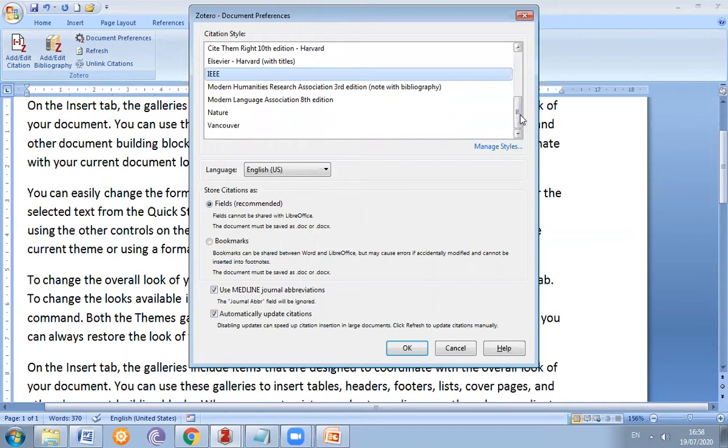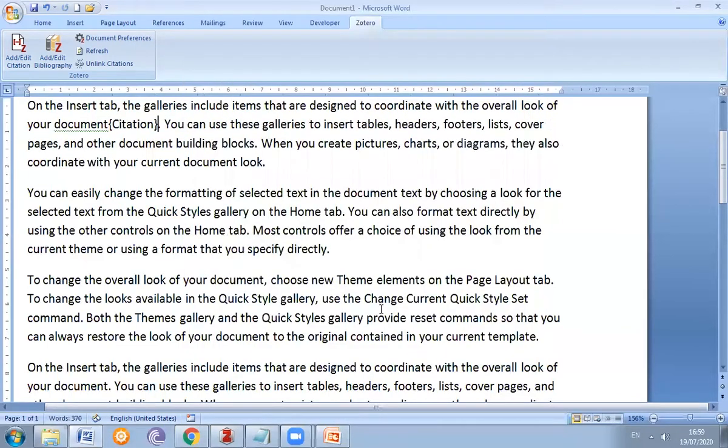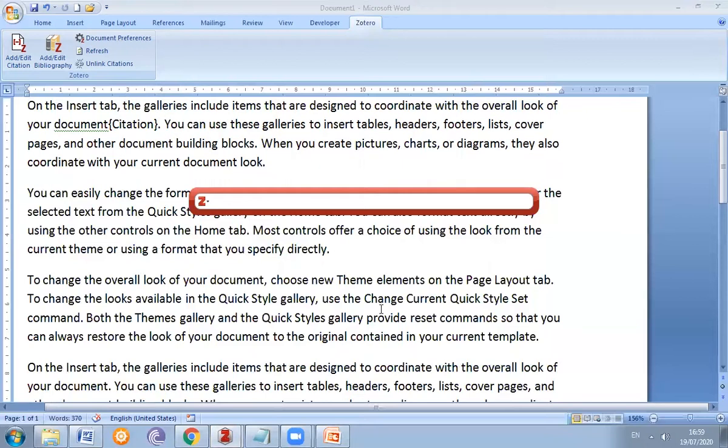In computer science, generally the IEEE style is used, so I select the IEEE style and then click on OK. If we want to add more styles, that is also possible using manage styles. We will discuss that later on. Now you just see that the citation box is available. Now we want to add our reference paper here, so you check keep sources sorted and classic view. Here we use this classic view.